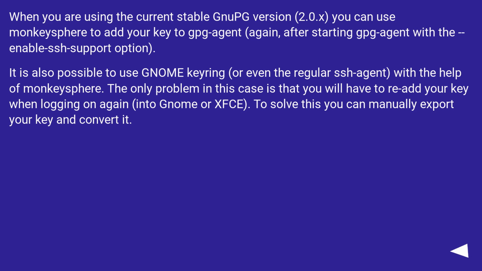When you are using the current stable gnupg version, 2.0.x, you can use MonkeySphere to add your key to GPG agent, again after starting GPG agent with the enable-ssh-support option. It is also possible to use GNOME keyring, or even the regular SSH agent, with the help of MonkeySphere. The only problem in this case is that you will have to re-add your key when logging on again into GNOME. To solve this, you can manually export your key and convert it,